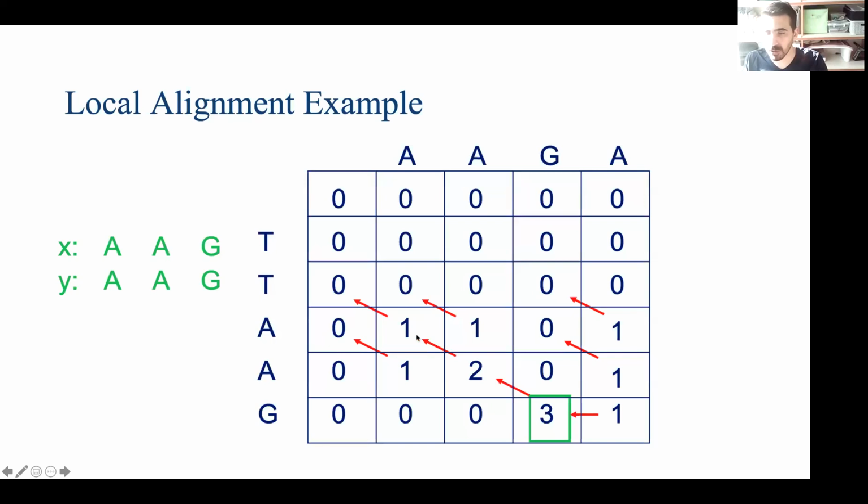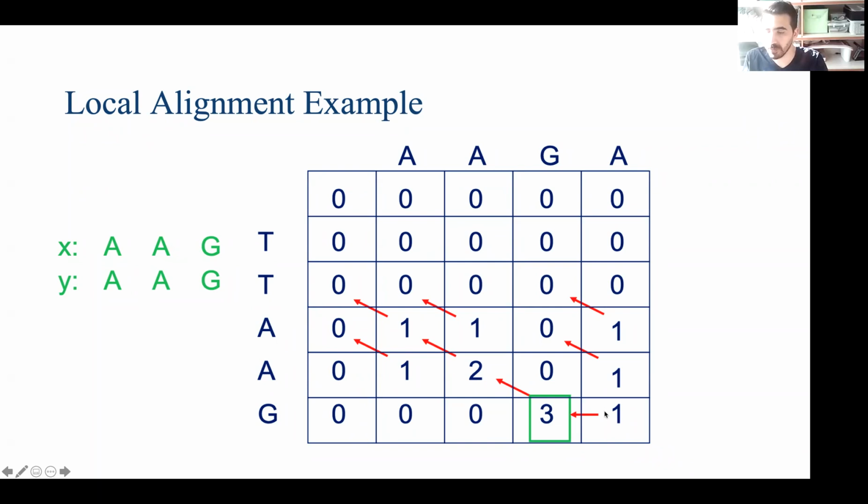And now finally you have a match here. You get the maximum of these values, which is going to be 1. And this is going to be 2, because the maximum is provided from this cell: 1 + 1 is going to be 2. And this is again a match: 2 + 1 is going to be 3. And finally, there is some sort of a gap here.